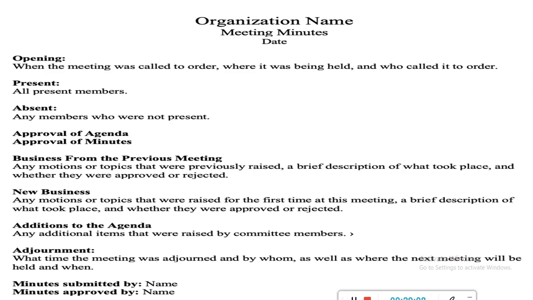Now, when all the items have actually been discussed and there is nothing else to talk about, someone will move a motion for adjournment, and then you will take note of what time the meeting was adjourned and by who, as well as where the next meeting will be held and when. So in this case, you can take note of the particular person who moved the motion for adjournment. You can say that the meeting was adjourned at such time,